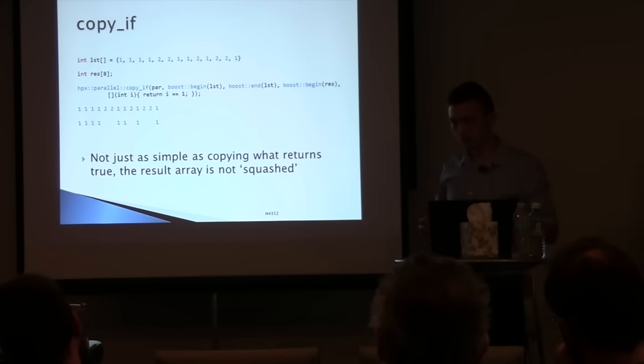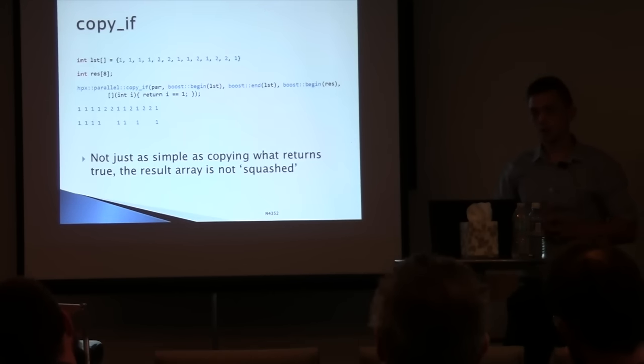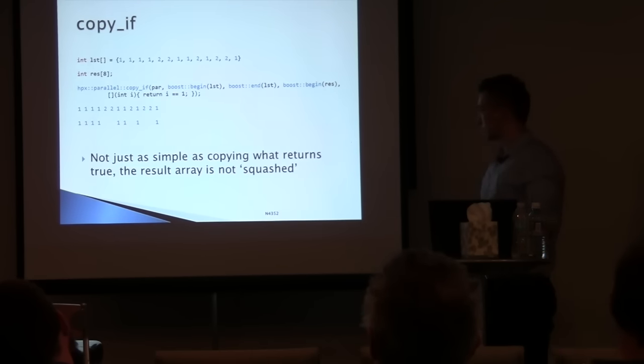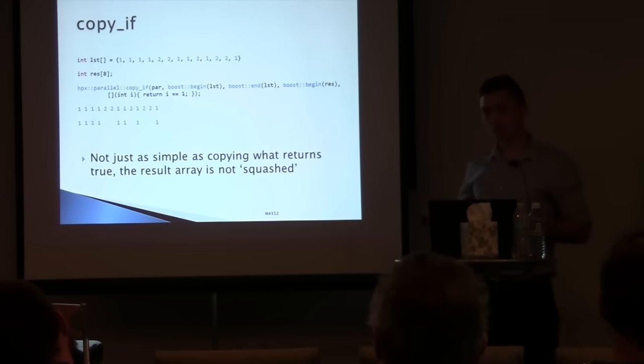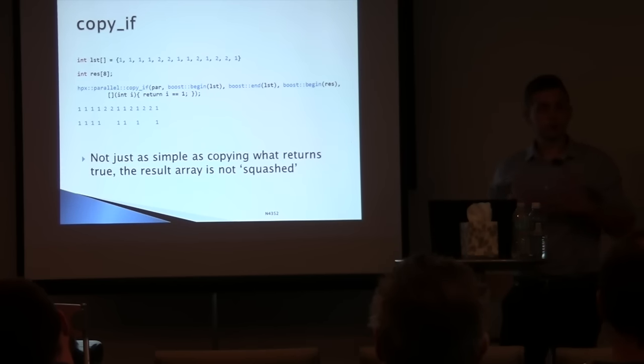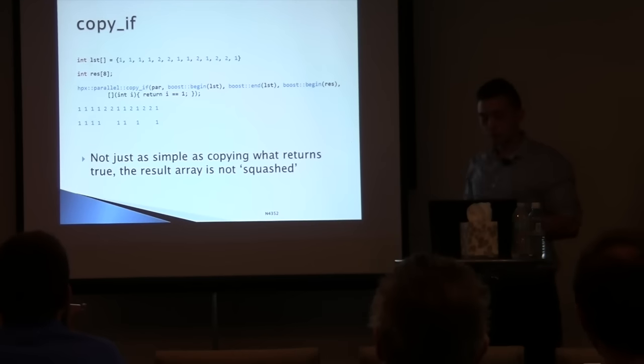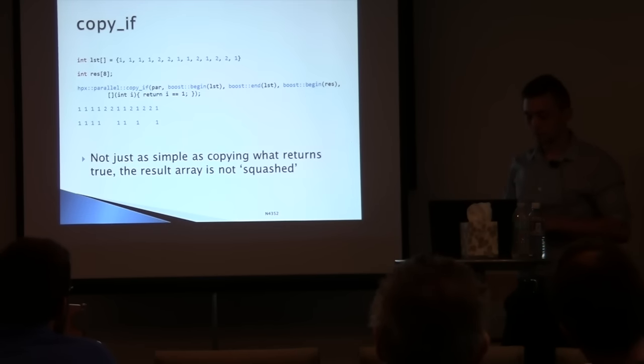So copy_if is an interesting example when you're writing parallel algorithms, because in the case of copy and copy_n, these were very simple to write for us. This was almost just a simple for_each and place something inside. And we attempted to solve the same problem with copy_if, and we ran into a horrible bug when we